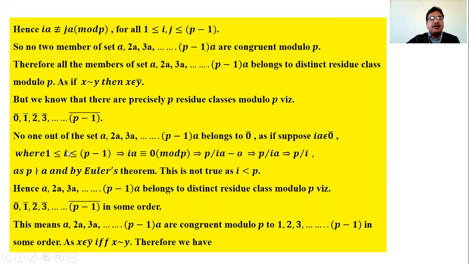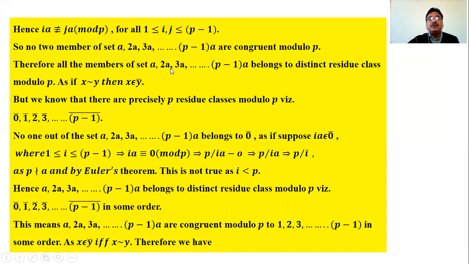Meaning, suppose A belongs to 1 bar, then no other member belongs to 1 bar. Then 2A, suppose 2A belongs to 4 bar, then no member other than 2A belongs to 4 bar. That is, no one out of these members belongs to the 0 bar. Out of these, first note that no member of these P integers belongs to the 0 bar, because